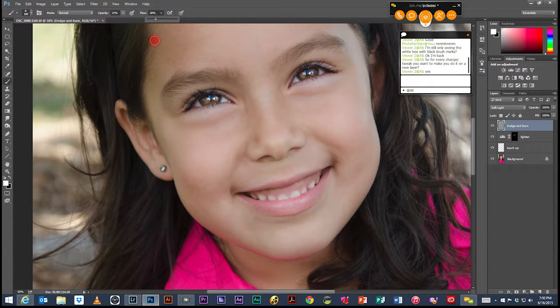onto the canvas. So I'm going to keep my flow kind of low, and then I'm going to build this up. Again, I'm using white, and I'm coloring on that gray background, and I'm just doing a single brush stroke. I'm over to the left eye now, doing a single brush stroke over and over again to lighten that area up. So again, here's my before, here's my after. Before and after. And again, I'm just painting with white, low opacity, low flow, and then I'm just building